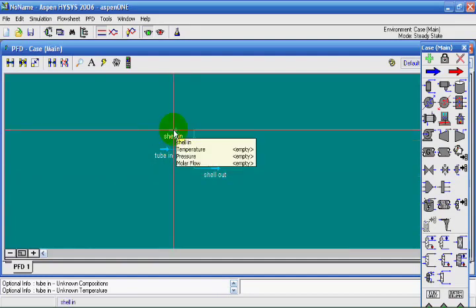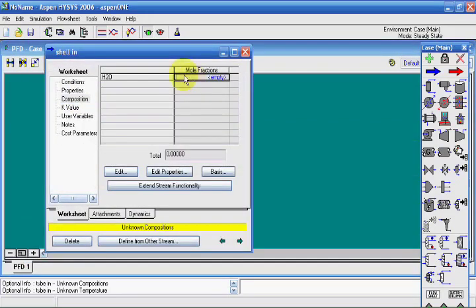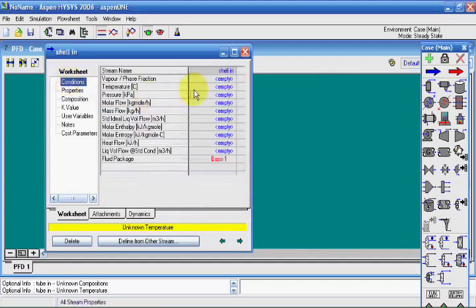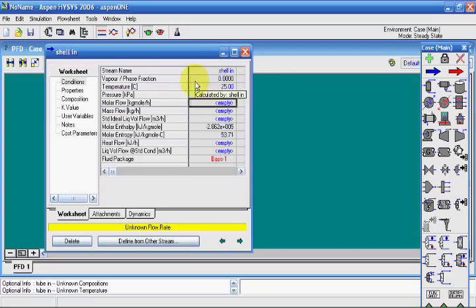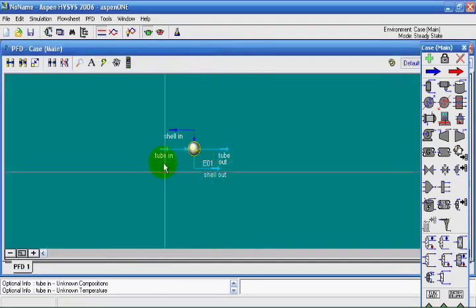We can now configure our shell in stream data. Composition: 100% water. Okay. Conditions: temperature 25 degrees centigrade, pressure 10 kilopascals, mass flow rate 300 kilograms per hour. This okay in the green bar confirms that our stream is okay. Tube in,